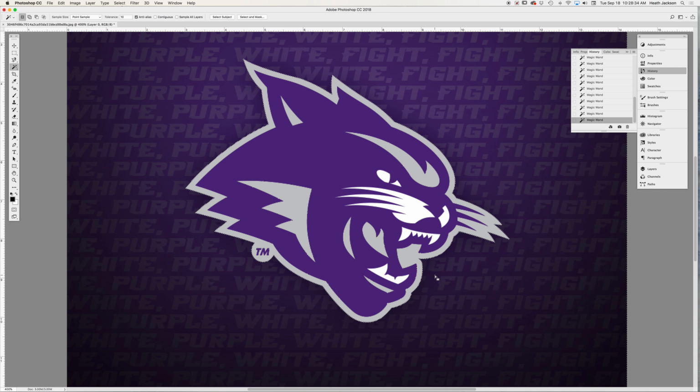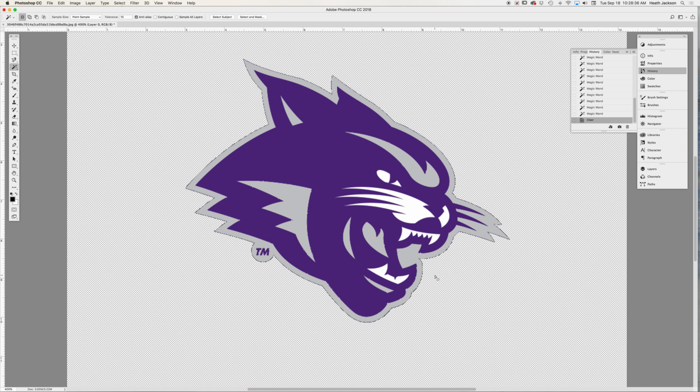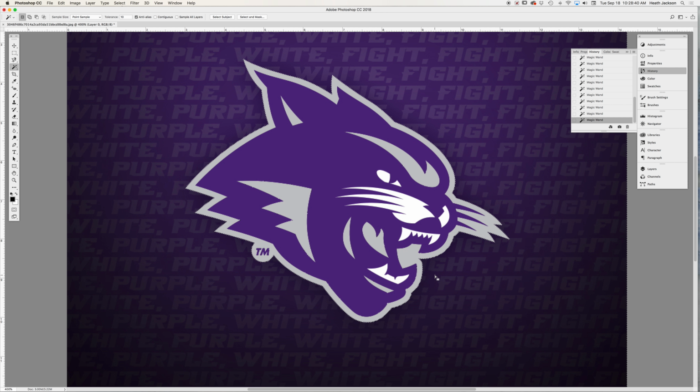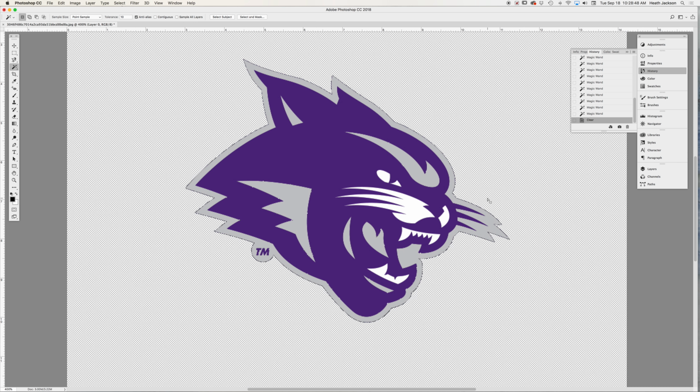Okay, so let me delete it. That's not too terrible. So the magic wand tool might be one that works, but you're going to have to select and add all of the colors that it doesn't pick up. And the way you do that,